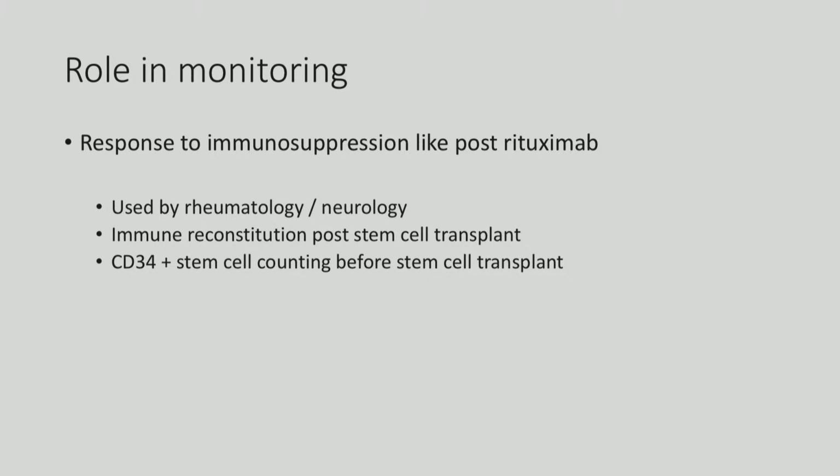Flow cytometry nowadays can also be used to monitor whether a patient's immunity has recovered after a stem cell transplant, particularly an allogenic stem cell transplant. There are various time points when we should do flow cytometry to monitor immune reconstitution. Theoretically, it is recommended at the end of 3 months, 6 months, and 1 year, to see whether NK cell function has come up based on the NK cell markers